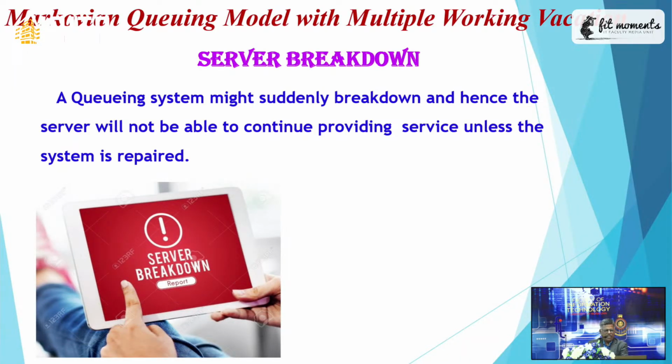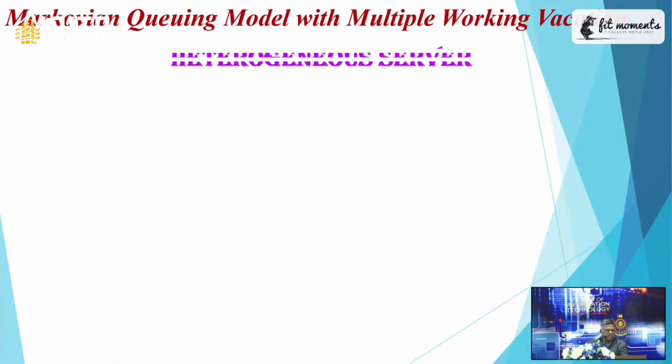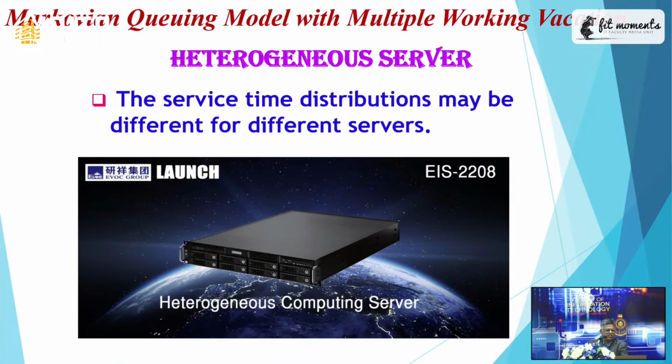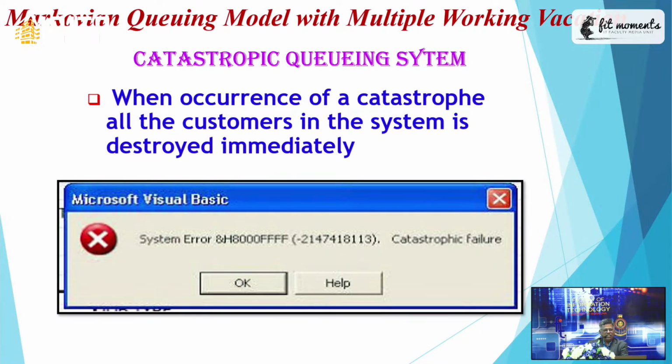Next one is server breakdown. A queuing system may suddenly break down, and hence the server will not be able to continue providing service unless the system is repaired. This is called breakdown. Next one is heterogeneous server. The service time distribution may be different for different servers. Next one is catastrophe queuing system. When a catastrophe occurs, all the customers in the system are destroyed immediately. That type of system is called